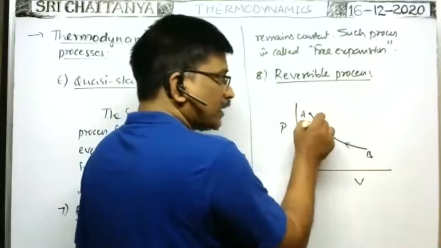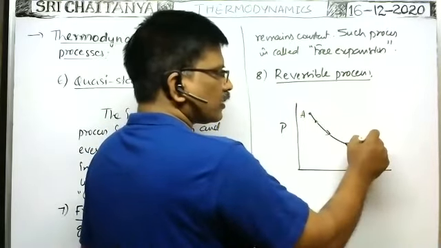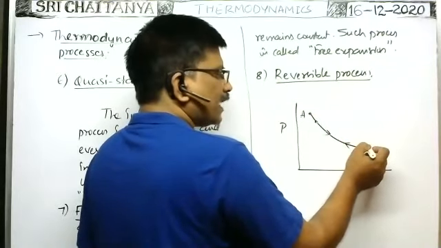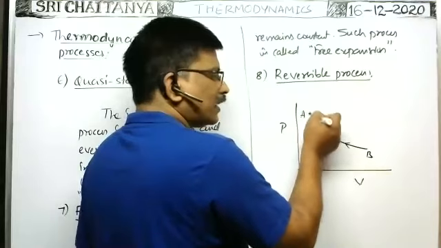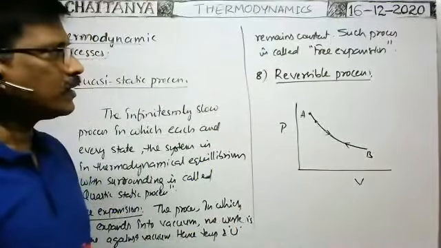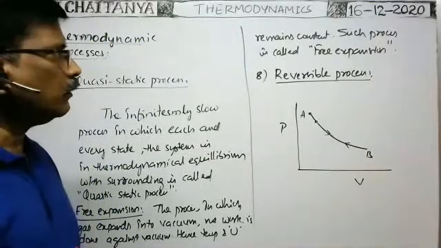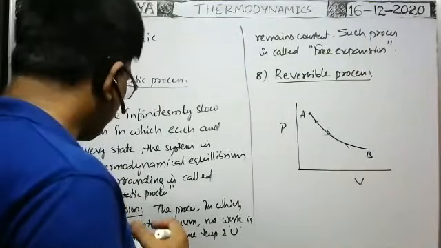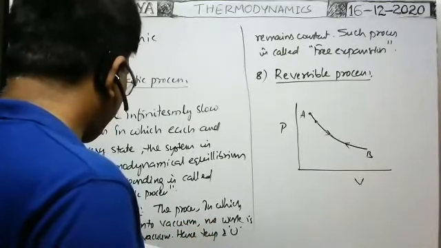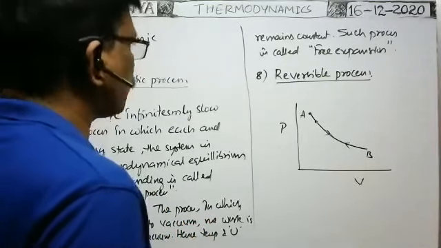as in the direct process. In the direct process, whichever states it passed through, in the reverse process also the gas passes through the same states as in the direct process and comes back to the initial state. In such a case the process is called the reversible process. So the process which returns to the initial state by passing through each and every state of the gas in the direct process is called the reversible process.